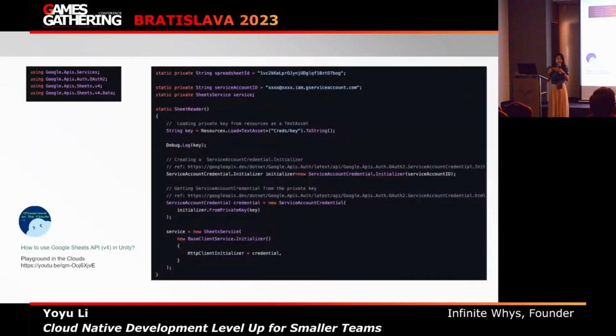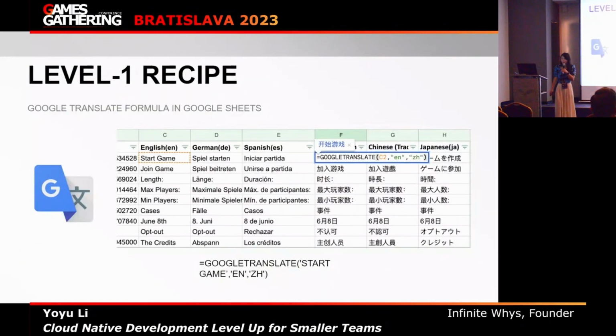And in Unity, it actually doesn't take a lot of lines of code, and you see the code here, most of them are actually just comments, and really just a few lines of code that you can integrate Google Sheets with Unity. And this slide is actually not the main point of this talk, but I just really want to introduce it because I find a lot of people who use Google Sheets for years still didn't know this